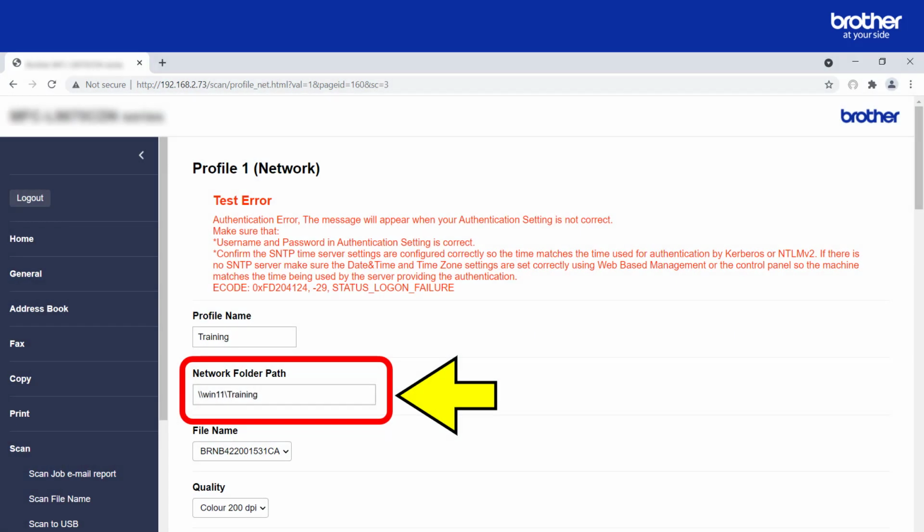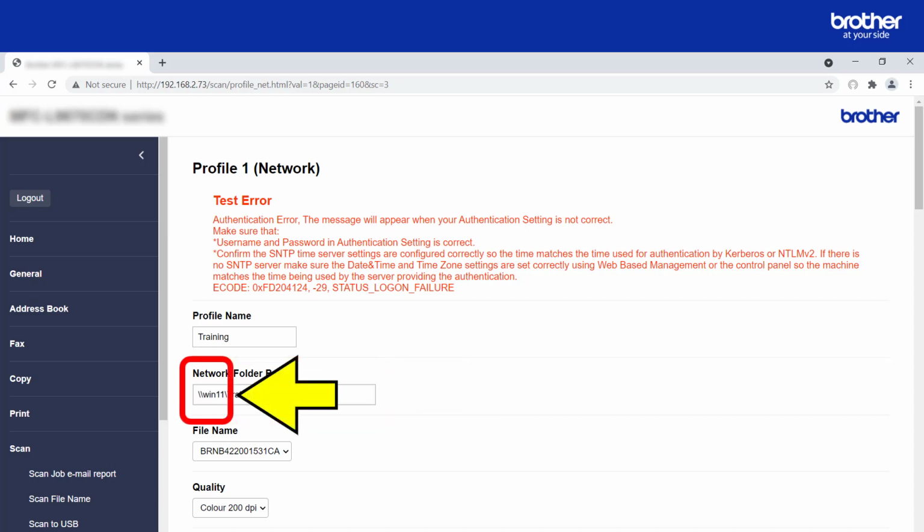In this example, instead of using the host name of my Windows 11 computer, which is Win11, I will use my computer's IP address instead. This will solve any DNS related problems or help to eliminate them, because if you are still seeing an error message with an IP address, chances are the problem is not DNS related.